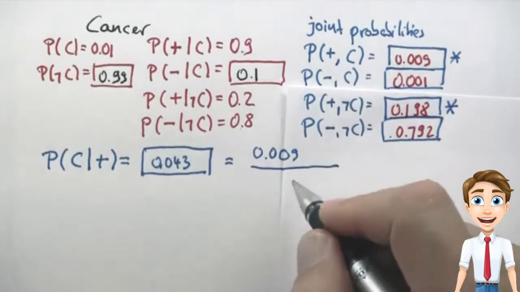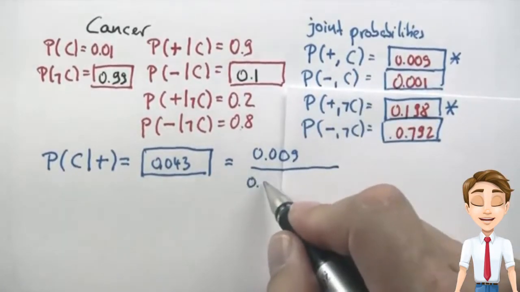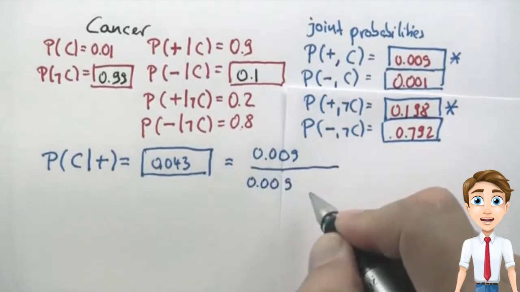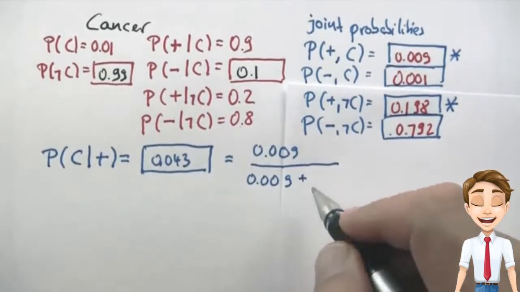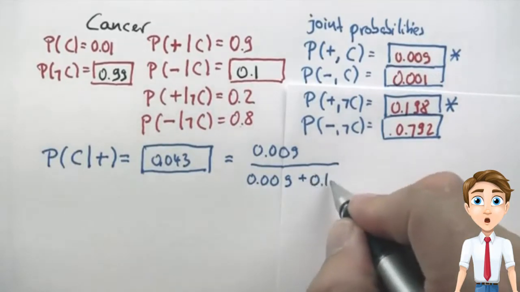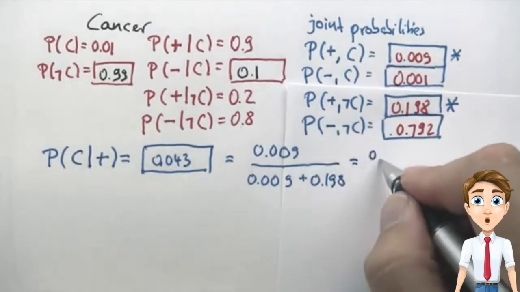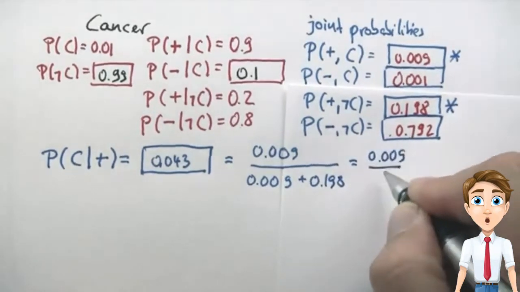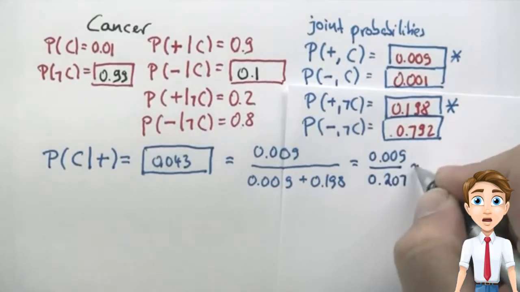Well, when I receive a positive test, I might have cancer or not cancer. Let me just normalize by these two possible causes for the positive test, which is 0.009 plus 0.198. When I work these two things together, I get 0.009 over 0.207, which is approximately